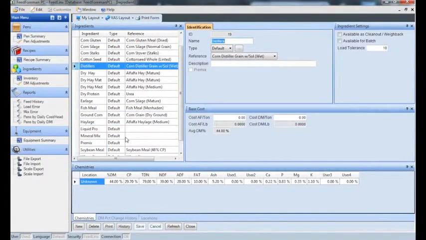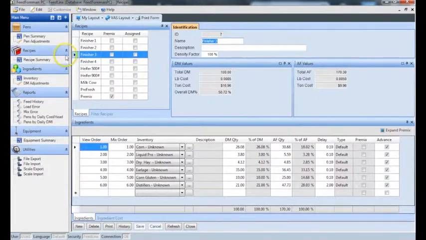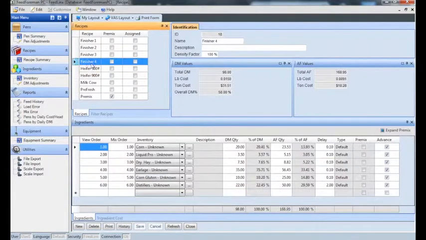Depending on the time of year, ingredient cost, and availability, you will need to adjust the dry matter quantities of an ingredient in a ration or replace an ingredient with a different ingredient altogether. To remove an ingredient from a recipe, select the Recipe Summary under the Recipe tab. Click on which recipe you need to remove the ingredient from. Go to the Ingredients section of the recipe and click on the gray box to the left of the ingredient